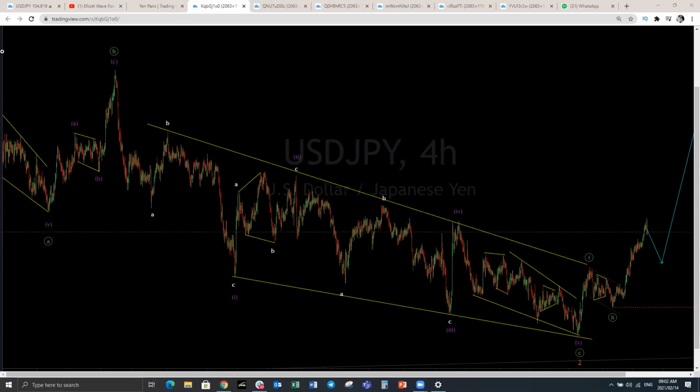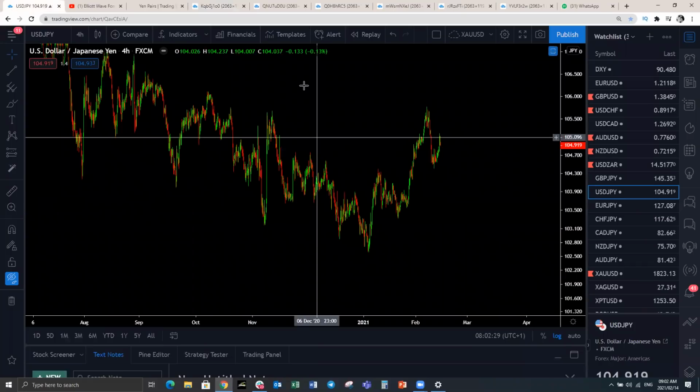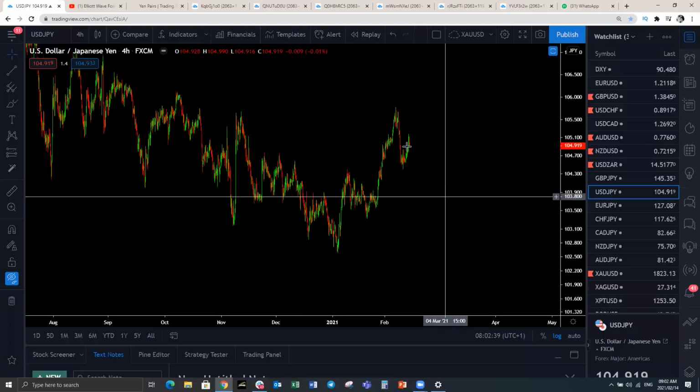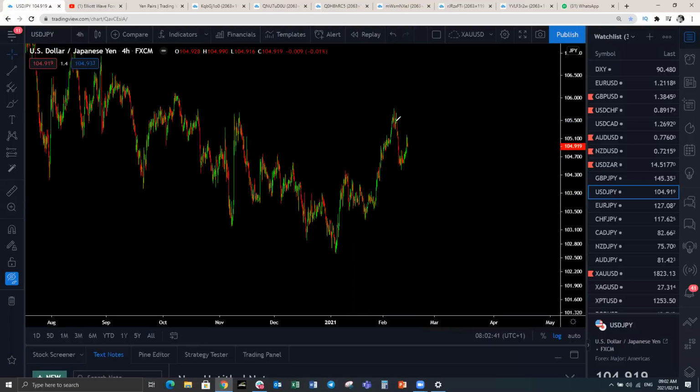What do we have now on US dollar yen? We already have that pullback. Is this the move to the upside? That needs to be confirmed by the indicator. We could be getting a continuation to the upside. Let's see how this plays out in the week ahead. Do not just go and buy this because this could be a corrective structure for downside. So let's just watch that for now.